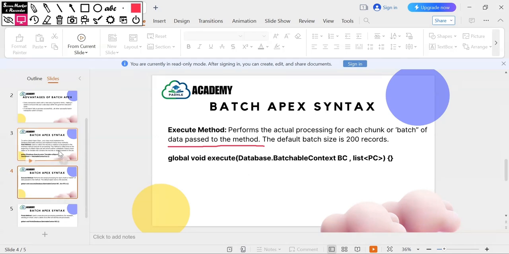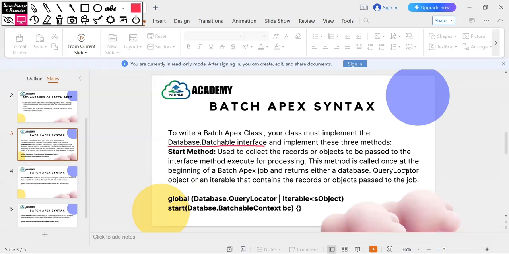The start method will be called once at the beginning of the batch job, and it will return you what? It will return you either a type of this query locator object, or it will return you the iterable that contains the records or the objects that you are going to pass to your execute method. So the start method will collect the records that we need to process. Once the start method returns the records that need to be processed,